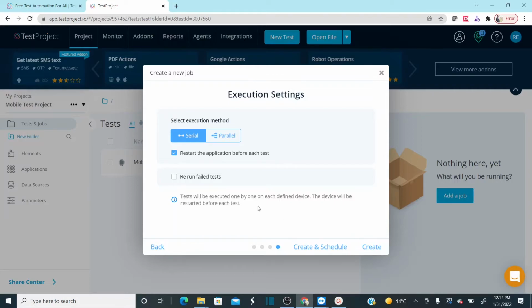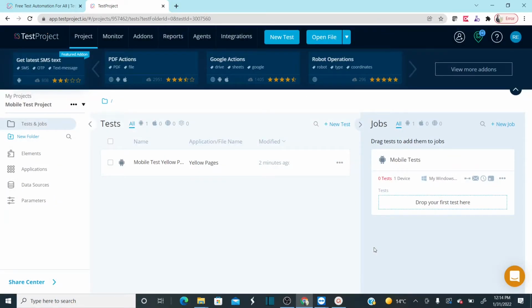Let's create it. And then just drag and drop this test into your job. Before you run